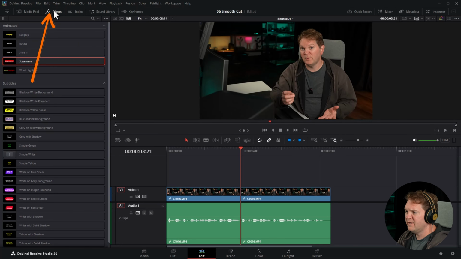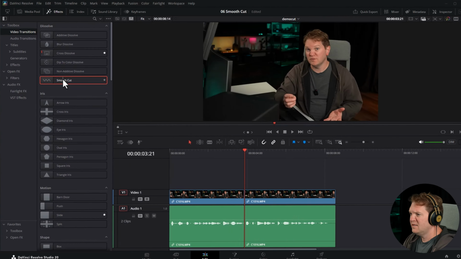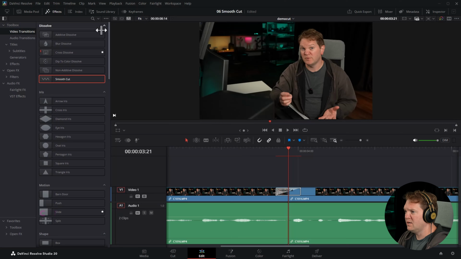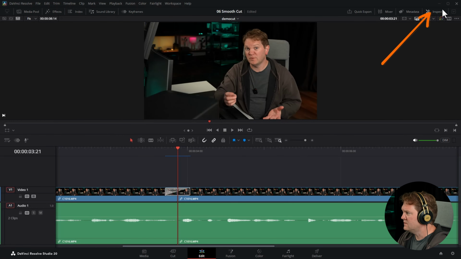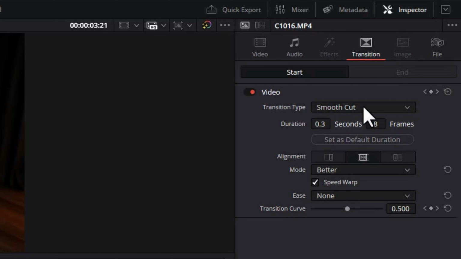I'm going to open up effects. We can open up this little sidebar, choose video transitions, and then grab the smooth cut transition and drag it onto the cut point. I'll hit Control plus to zoom in, and now we can close the effects. If I open up the inspector and come over to the transitions tab, here we've got the smooth cut transition,